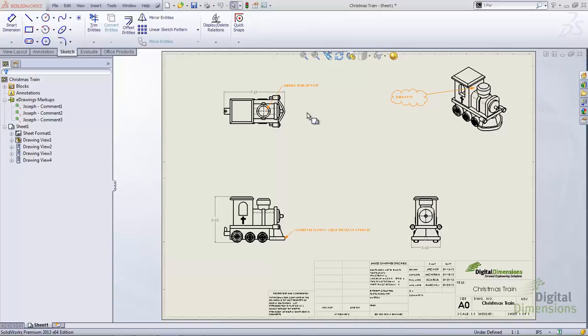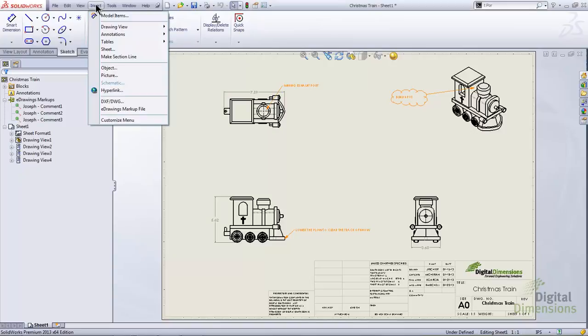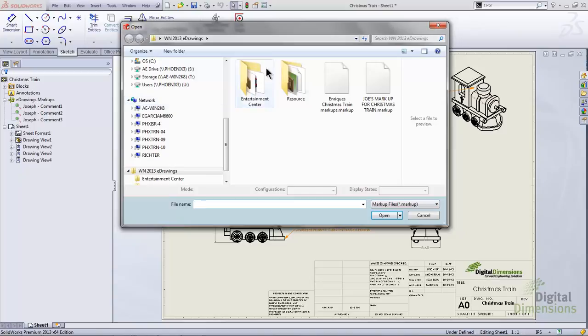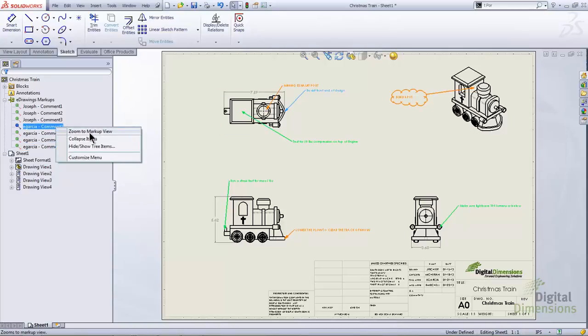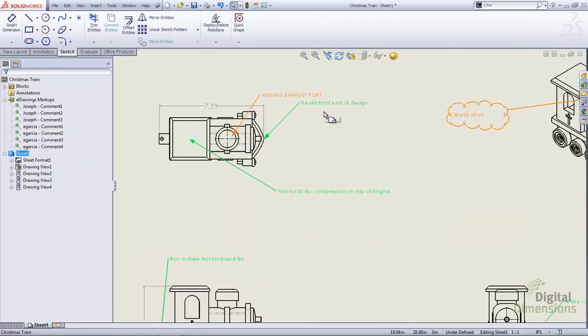In addition to opening the native SolidWorks drawing file in eDrawings, I mentioned that you could save a markup from an eDrawing file. So in this example, I will go ahead and insert the eDrawing markup file from my collaborator Enrique, who had some comments on this design. So as I import those eDrawing markups, you can see his comments. And in fact, you could right-click and zoom to that markup view, but here I can see where he's made